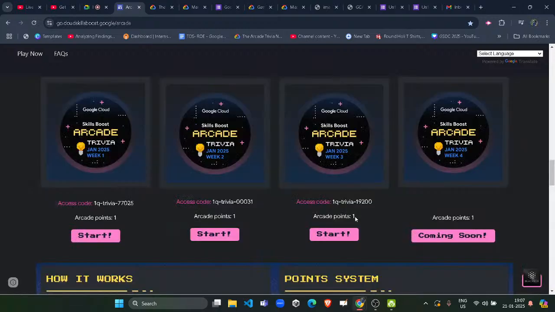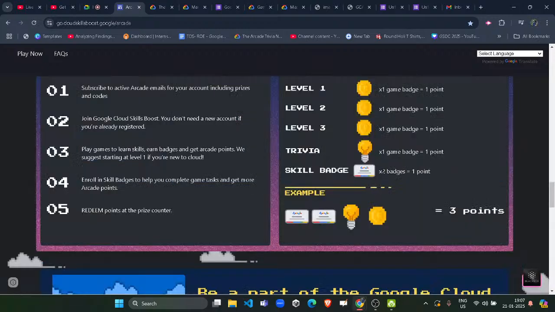Yes, for 2 skill batches you will get 1 arcade point, and there is no round-off system. There is no such thing as 0.5 arcade points. On completing 1 skill batch you won't receive anything. You will receive nothing. You should have the number of skill batches in even